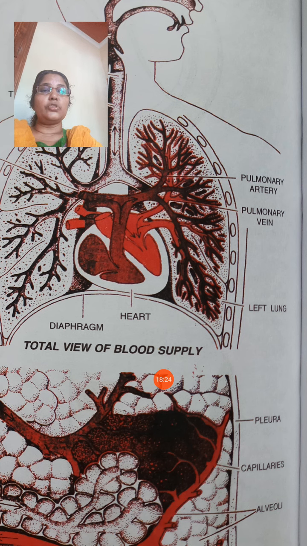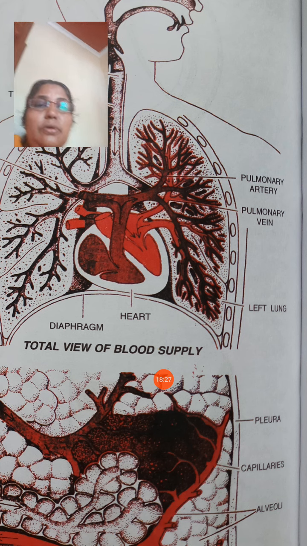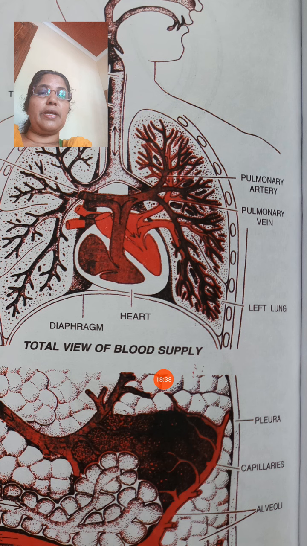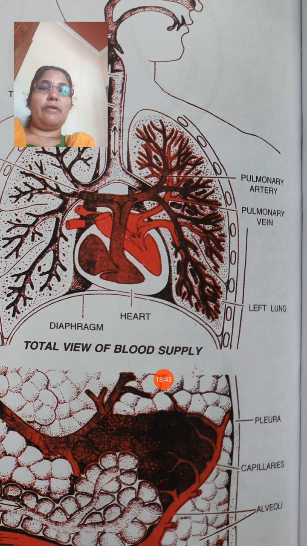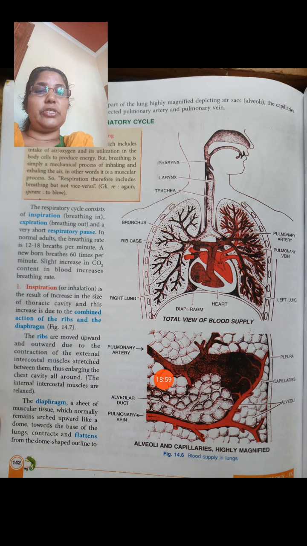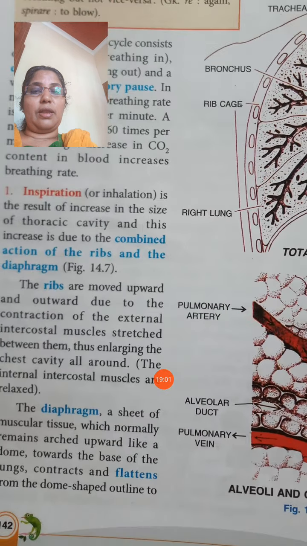Capillaries are not shown in the diagram, to see it very clearly, that is avoided in the diagram. The pulmonary artery is carrying impure blood, and the pulmonary vein is bringing pure blood to the left side of the upper chamber, that is the left auricle. From the left auricle it is reaching the left ventricle. From there that pure blood will be pumped to all parts of the body by the aorta. That is how the circulation occurs inside the lungs.